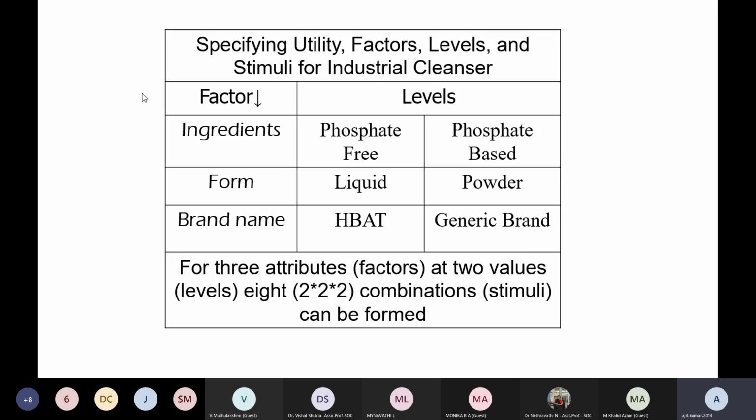Then form, whether it has to be liquid or powder, and brand name, whether it has to be our own brand name, maybe HBAT, or some other generic name or our competitor's name. For simplicity, I have considered just 3 different factors and 2 levels under each factor.